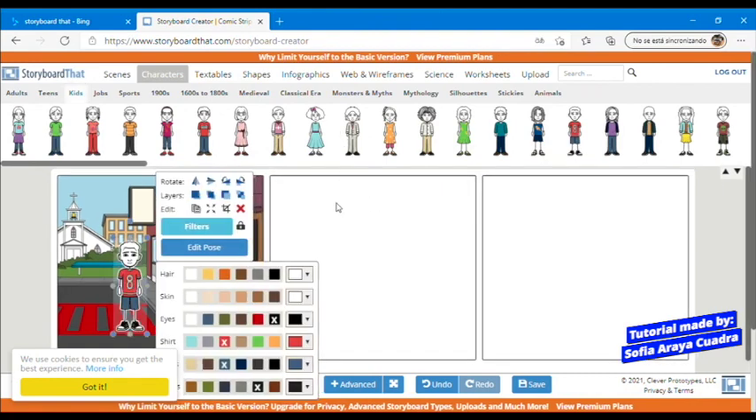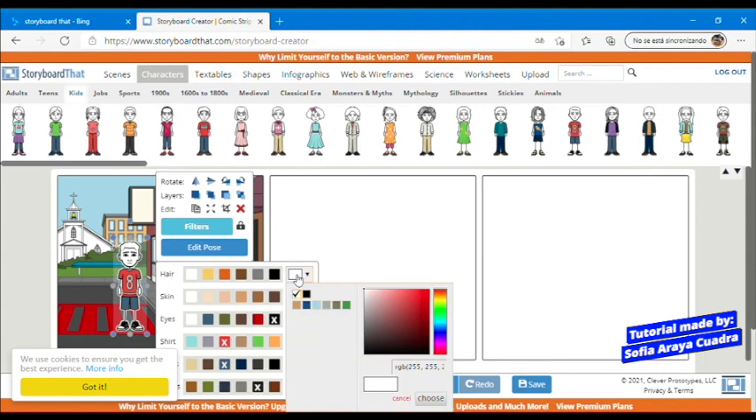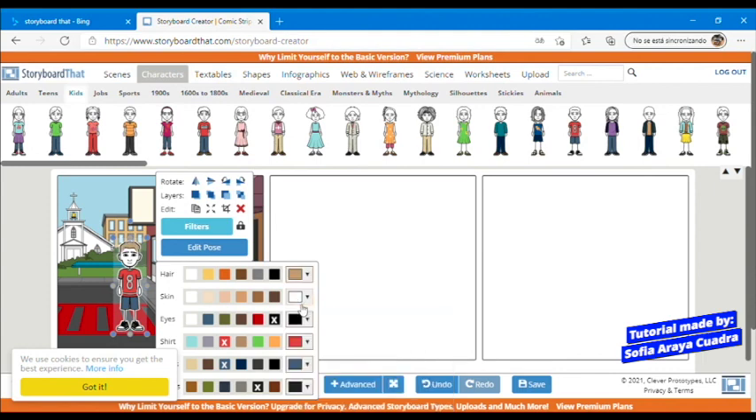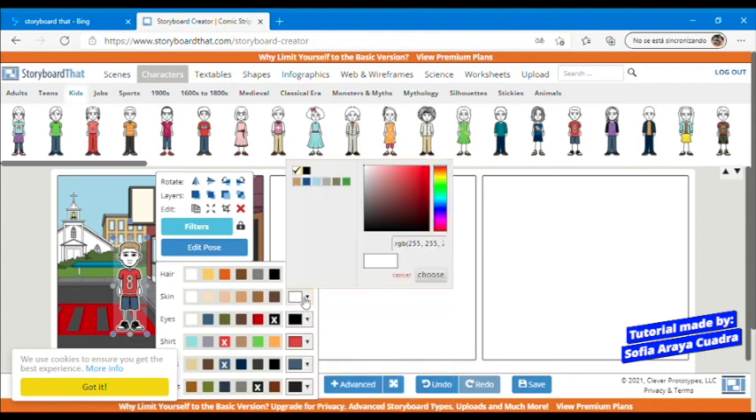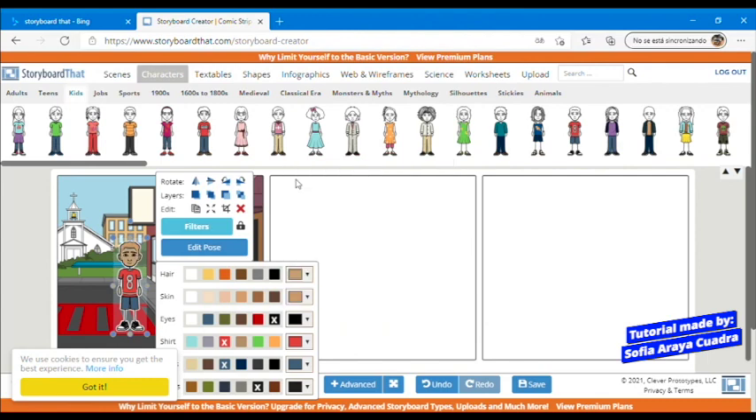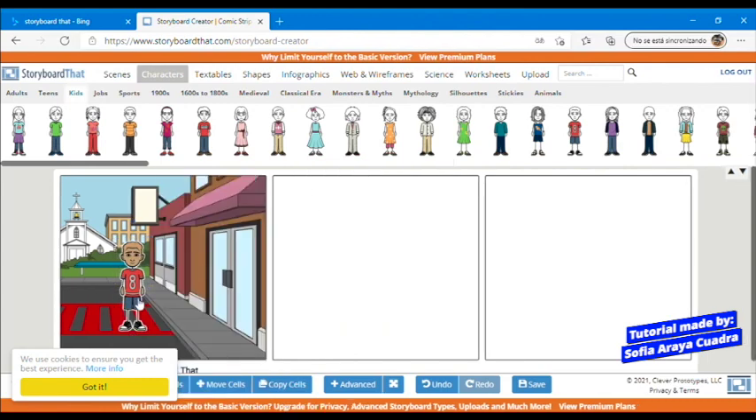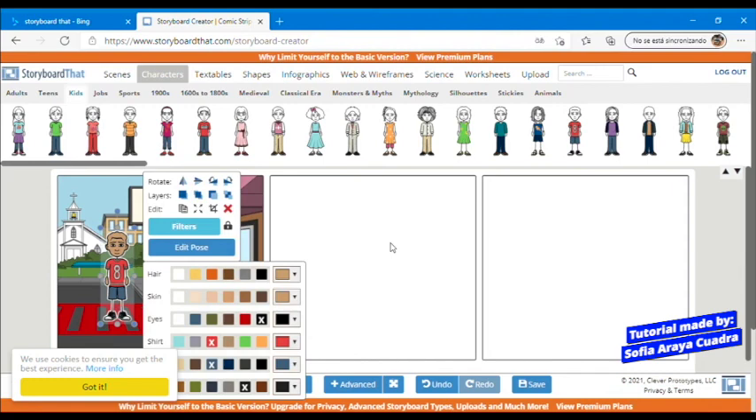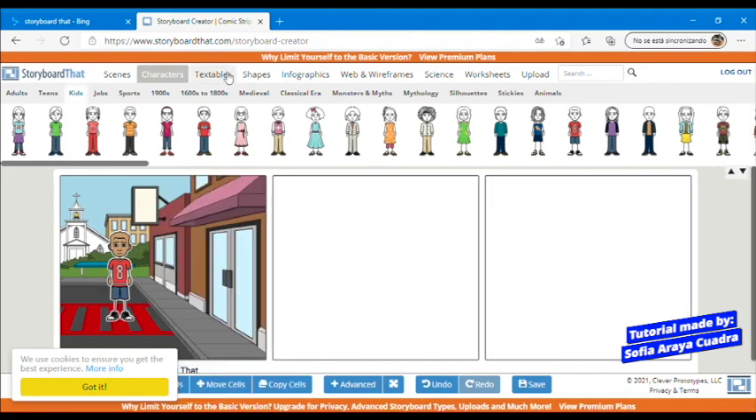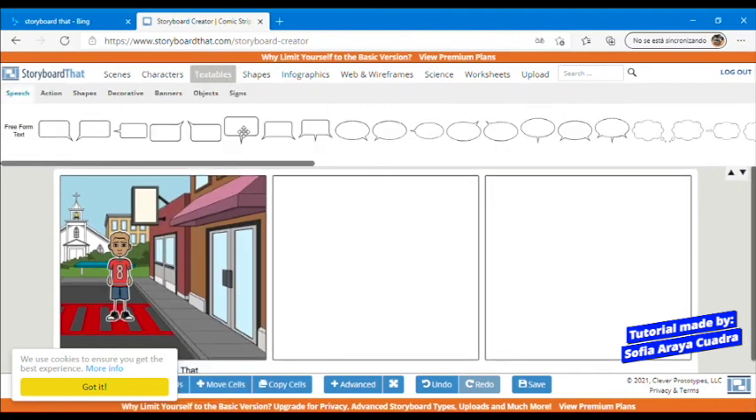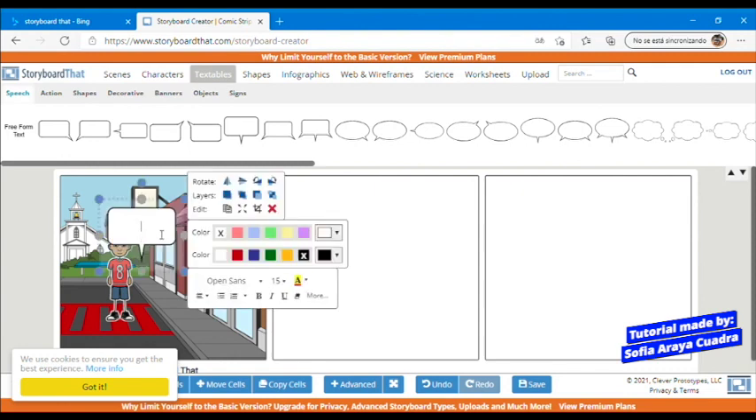This kid is here. So I can change the color of his hair, sorry, and this is the skin. So I can use it, and also I can add textables. So I want him to say hello,